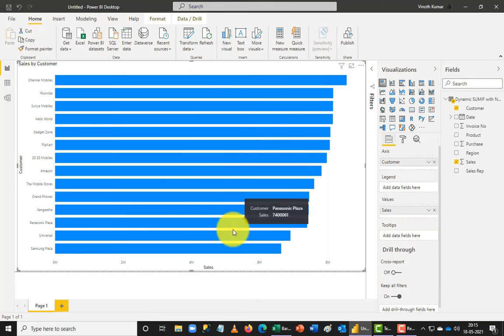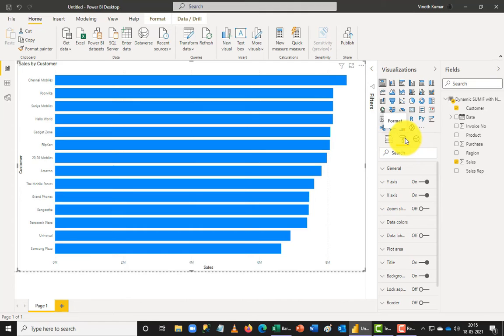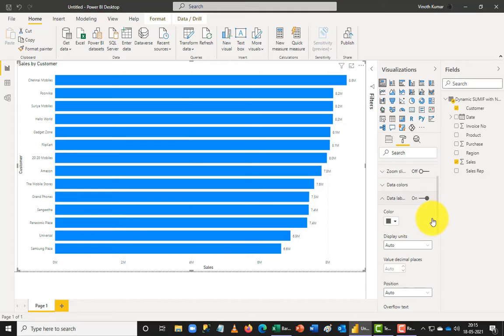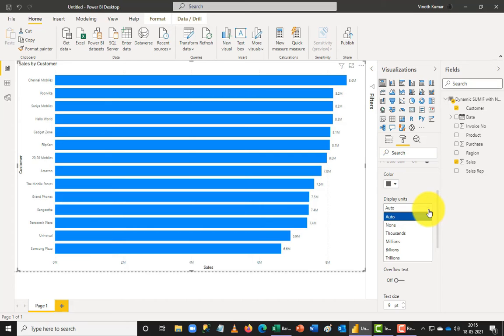Now I want to add one more dimension here, that is, I want to add these numbers onto the right of my chart. To do that, I'm going to go back to my second icon called format, and now you can see there is a lot more coming up here. So I'm going to add a data label here. When I add the data label, it gives you a small information here. But again, if you want to see a bigger dimension, or you want to raise the font size, you can do that by just clicking the data label here. You use your drop down and you can choose the color of the data label and the display units you want to show here. It shows by default as millions here.